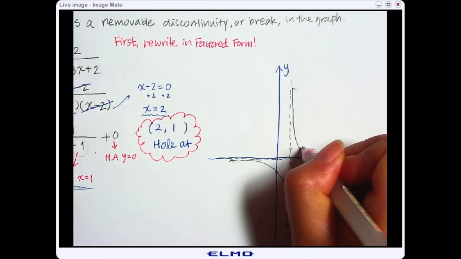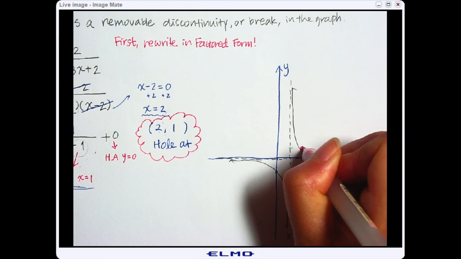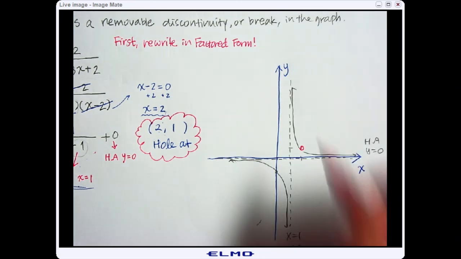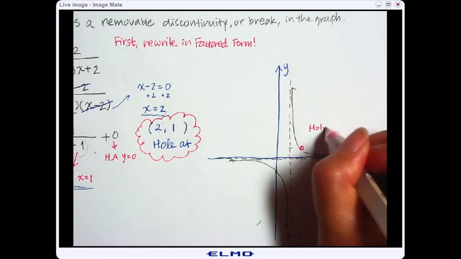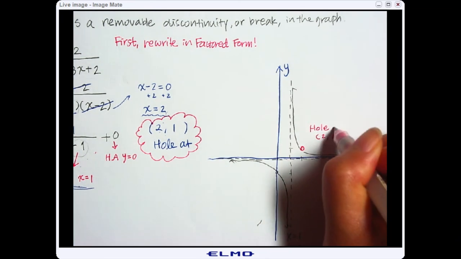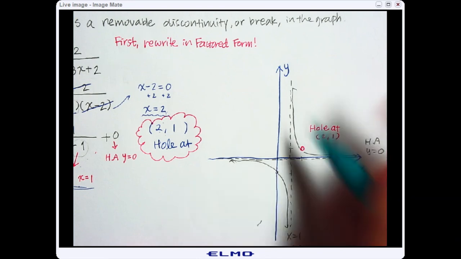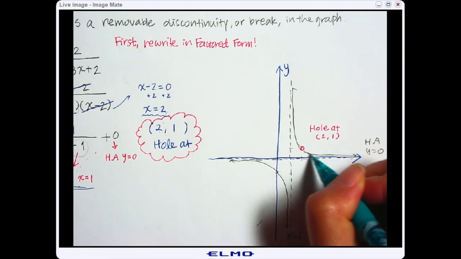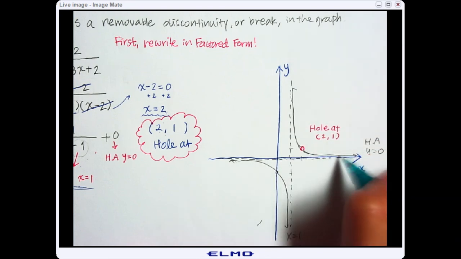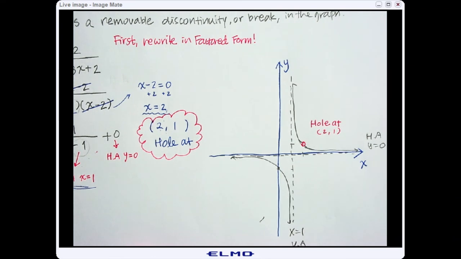So I just literally physically put an open circle there. This is my hole, at 2, 1. Then it's going to basically have an open circle. That's a break. So then